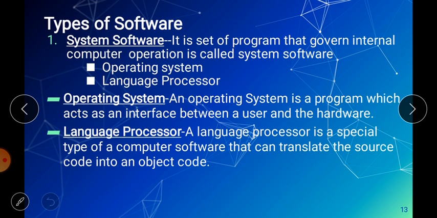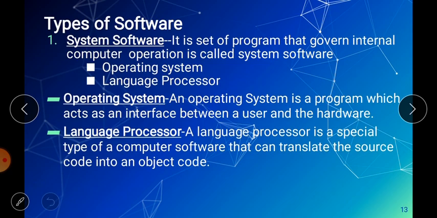The next is the language processor. So what is the language processor? This is an important topic for you all. As you all know, the computer cannot understand the human language and the human cannot understand the computer language. So there is a language processor which converts the human understandable language into the computer understandable language and the computer understandable language into the human understandable language. So language processor is a sort of translator used to translate the language from the human to the computer understandable language and vice versa. So these are the two softwares which are the system softwares.